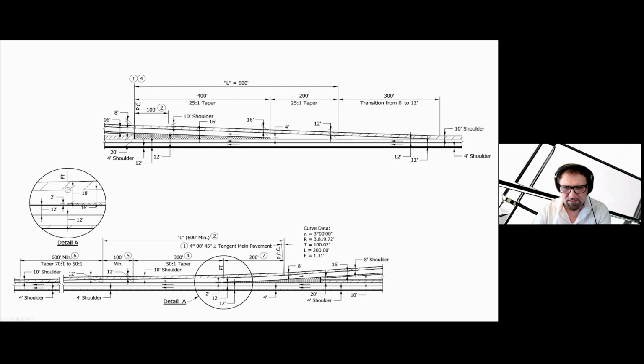On the entrance ramp, same situation, only the minimum requirements are even more demanding. Have a 600 feet minimum taper that translates to 70 to 1 to 50 to 1 taper. And then I have another 600 feet taper. I am not designing such horizontal curves. That's a construction level detail. So I'm just using a simple taper and also extending this for another 300 feet so that we can reach the offset from the main line so that we can do the roundabout design.